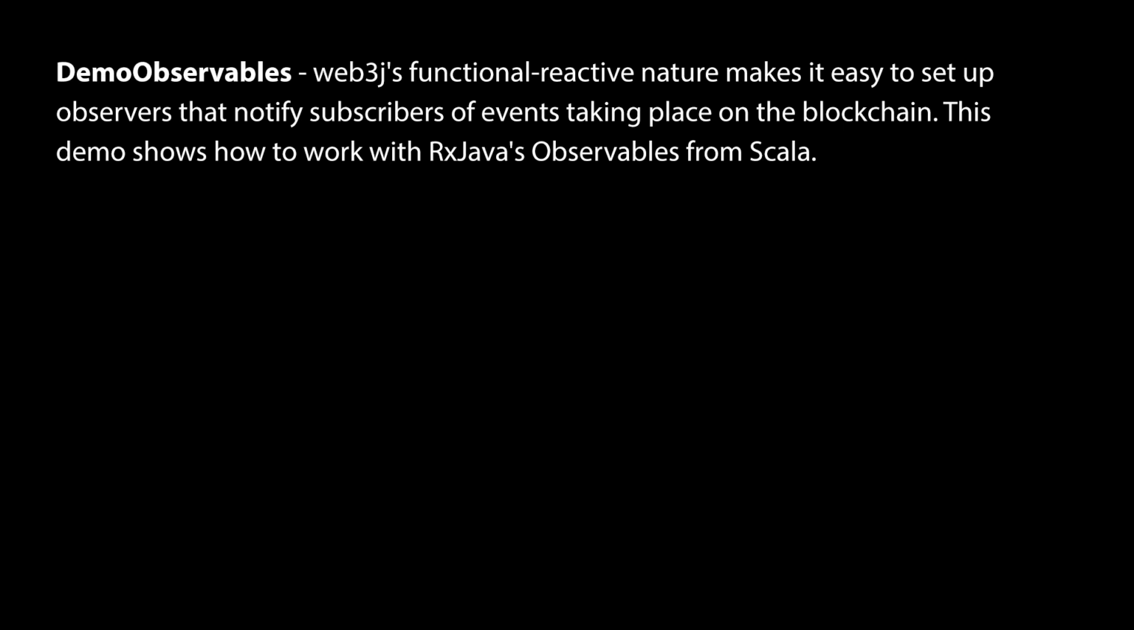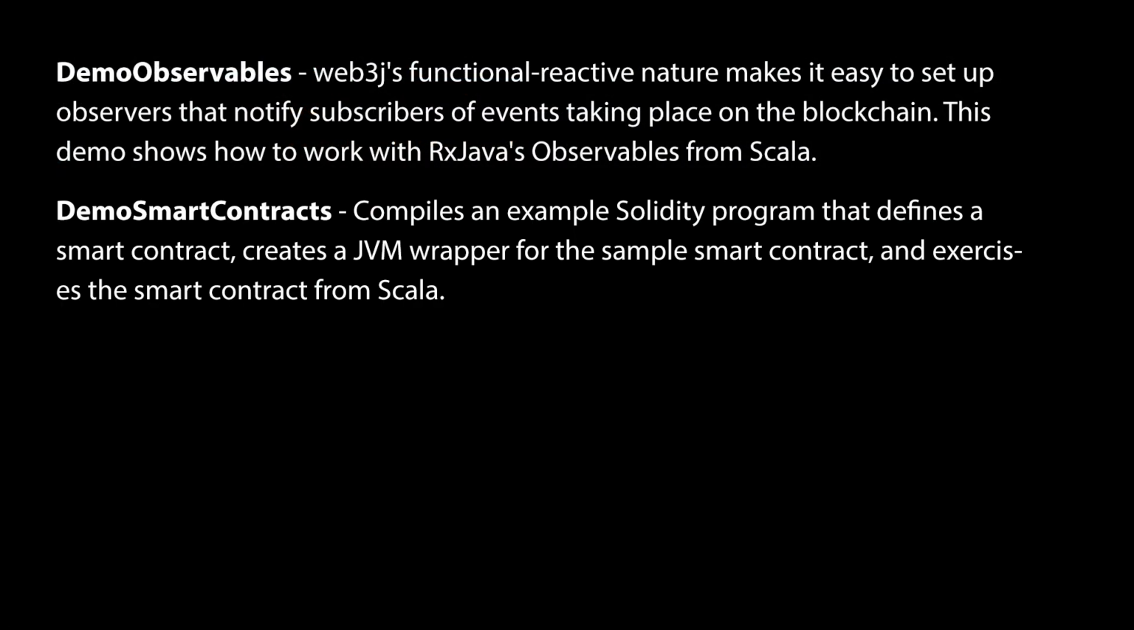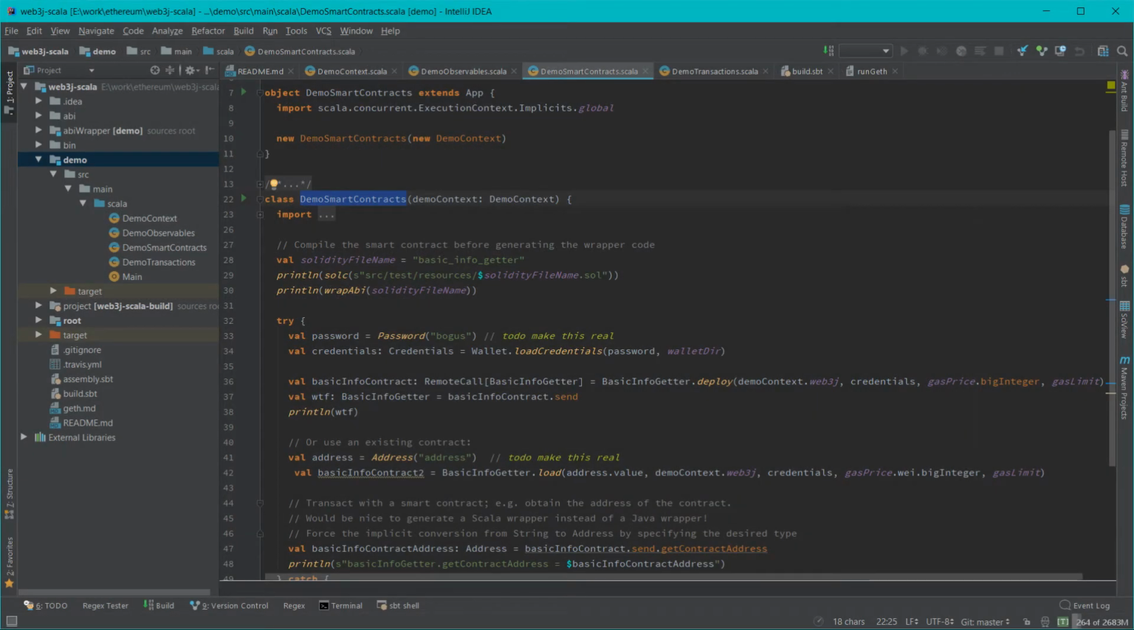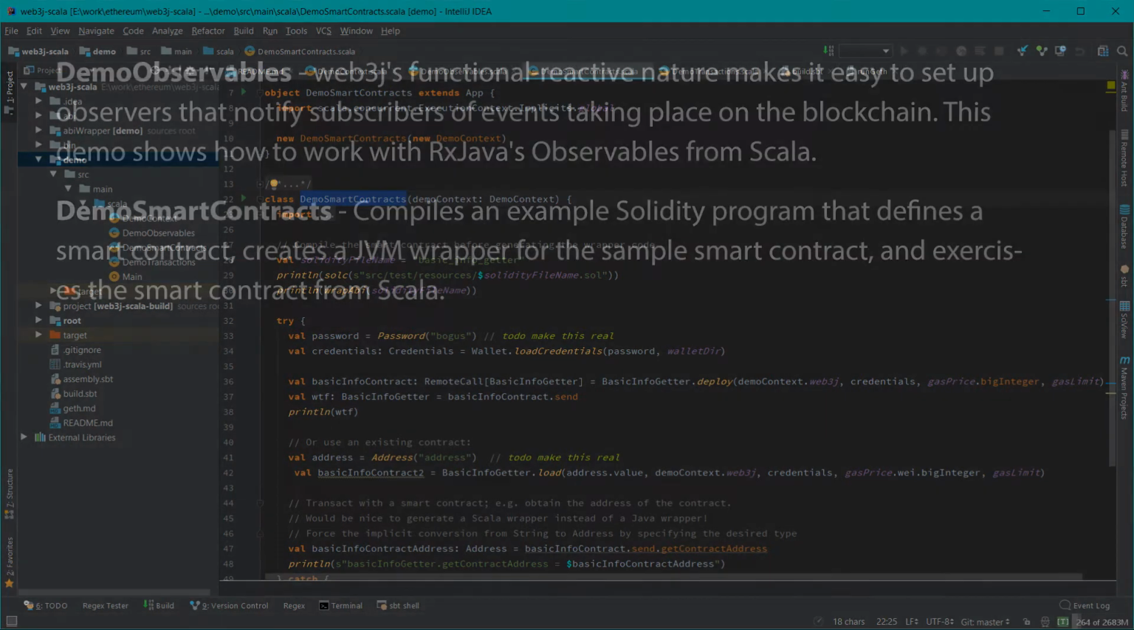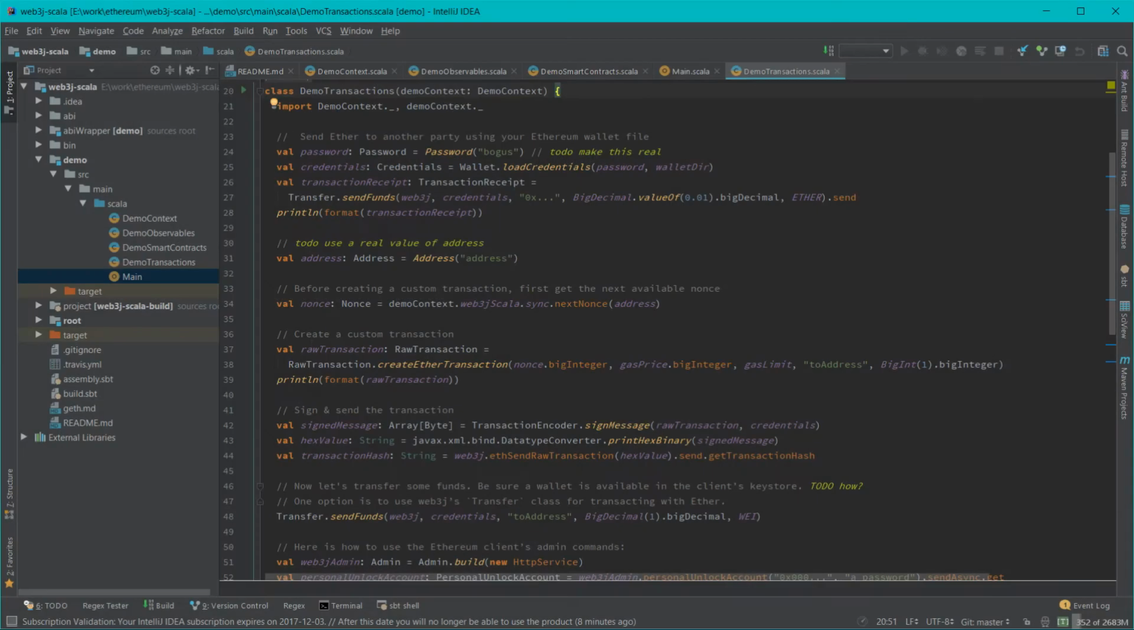web3j's functional reactive nature makes it easy to set up observers that notify subscribers of events taking place on the blockchain. This demo shows how to work with RxJava's observable from Scala. Demo Smart Contracts compiles an example Solidity program that defines a smart contract, creates a JVM wrapper for the smart contract, and exercises the smart contract from Scala. Demo Transaction demonstrates enhanced support beyond what web3j provides for working with Ethereum wallet files and Ethereum client admin commands